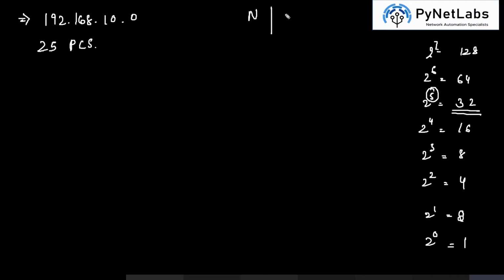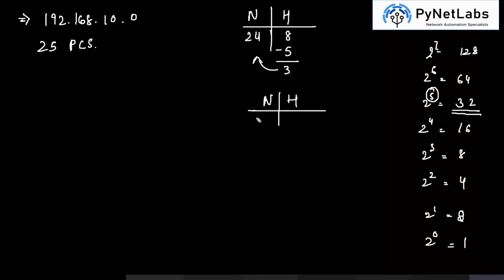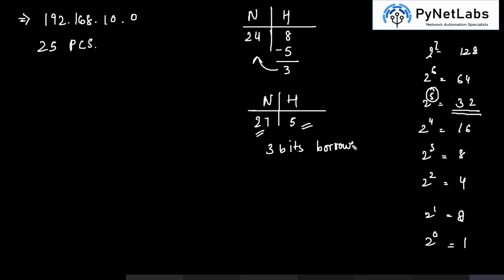Now we will just write the default network and host bits, which are 24 and 8 for class C. We need only 5 out of 8, and the rest of 3 we will give these 3 bits to network. Now the modified one which we have will be 27 and 5. So now for 25 PCs, we only need 5 bits of host, and the rest of them can be used for the network part. Now in this case, 3 bits are being borrowed. I am explaining this now again, and in case you missed out something, you can look at it now.